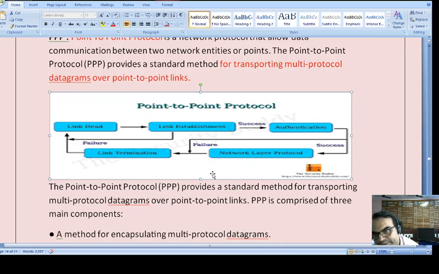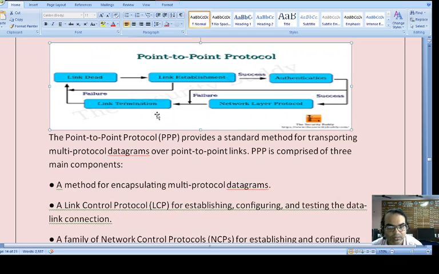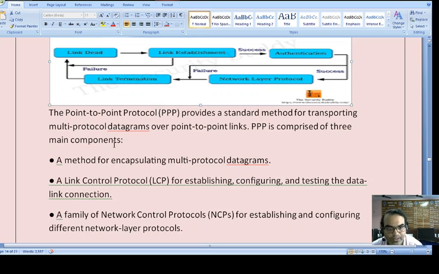These protocols need a connection. Without a connection it is not possible. So for making a connection, we have a protocol known as the point-to-point protocol, and with its help we encapsulate multi-protocol datagrams.